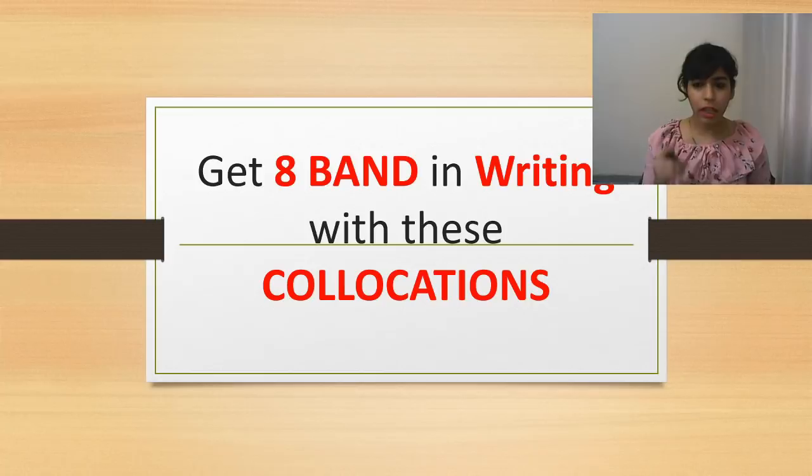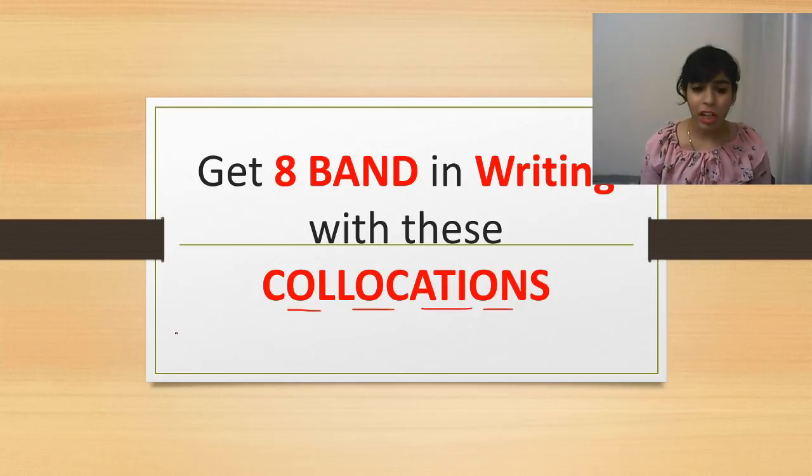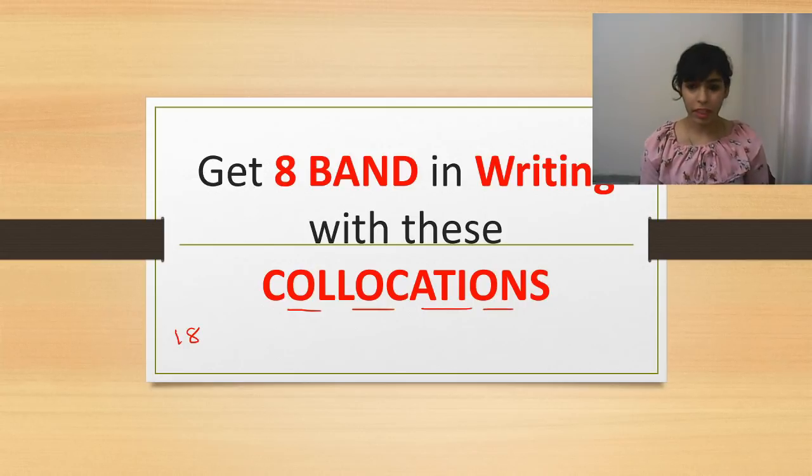So, in this session, I'm going to explain 3 things. First thing will be collocations. What exactly is collocation? Then I'm going to give some examples. I won't say some, somewhere around 18 examples of collocation. And those 18 collocations can be easily used in every writing, be it essay writing or letter writing. It can be used in either of two. And if you're going to use such collocations, you'll definitely get 8 band in writing module. So just watch the video until the end.